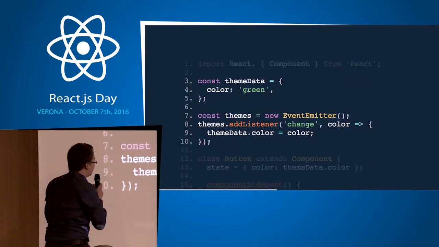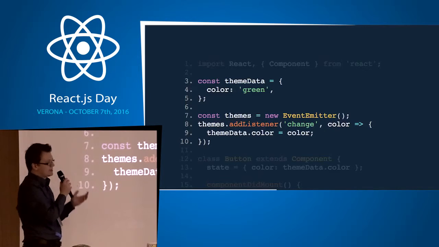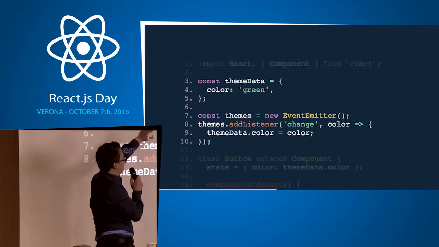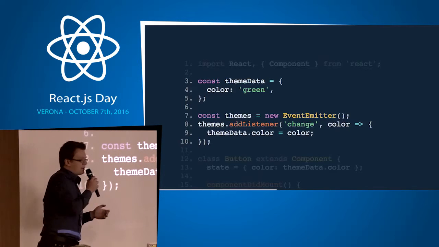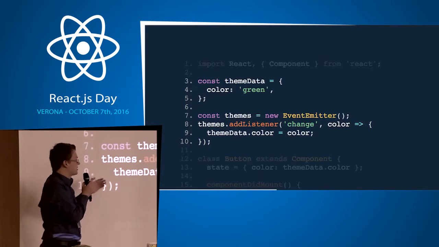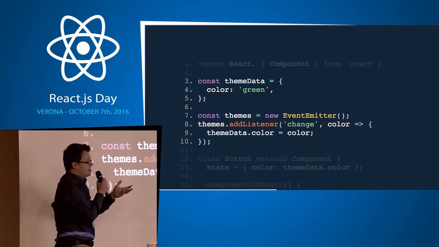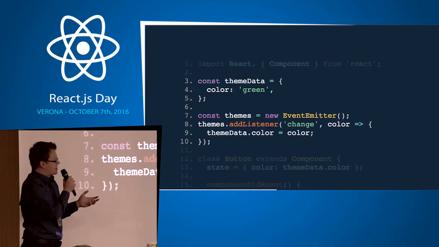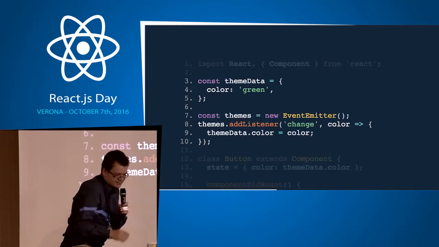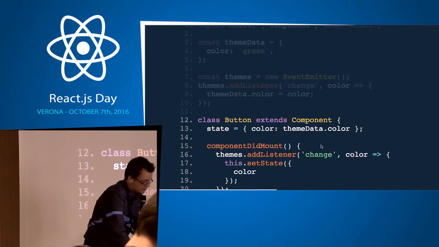the idea is we have a theme object right here. It's just a plain JavaScript object, nothing special, and it just has a property and a color called green. Then we have an event emitter. This event emitter has a listener listening on a change event, and once the change happens, I'm just updating the color in my plain object. So again, nothing special. And then we have a bunch of code,